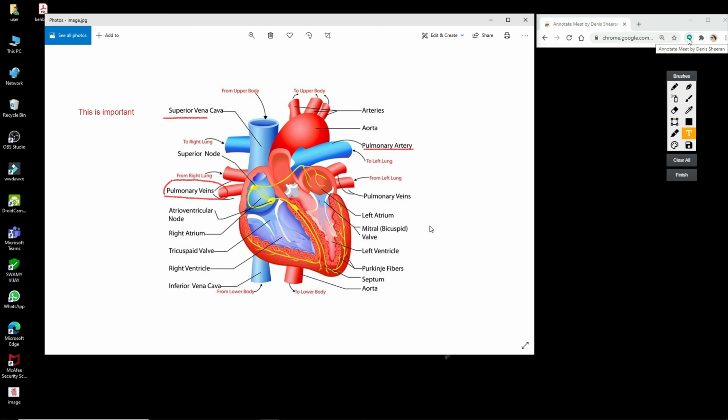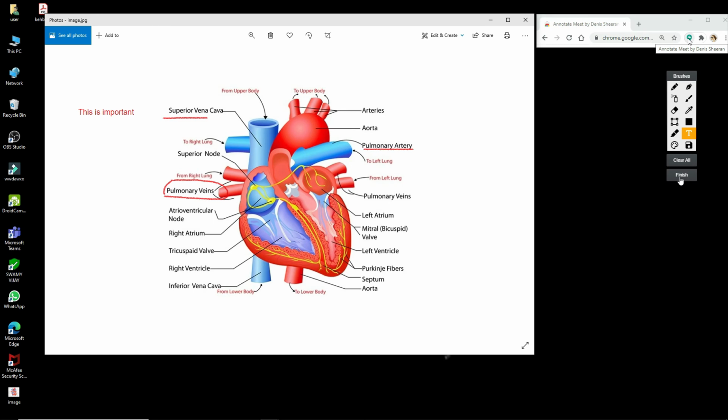So in this way you can use even pictures on your screen or PDF files on your screen and you can annotate. But the only problem with this is once you start using this Annotate Meet by Dennis Sherin, you can't scroll anything or change anything on your screen. For that, what you have to do is again you have to finish, and again you have to open the same thing. This technique can be used to explain any kind of document using this Annotate Meet by Dennis Sherin. Only thing is you have to keep a small Google Chrome tab on your screen, and you have to use this Annotate Meet by Dennis Sherin to explain your documents, PDF files, pictures or any other file from your computer. So let me show you that.